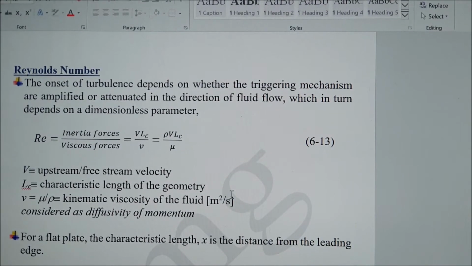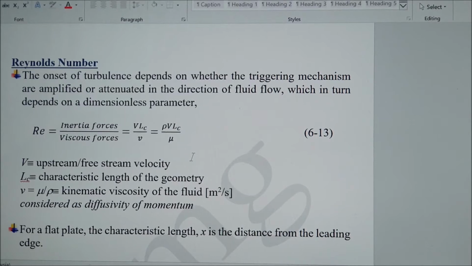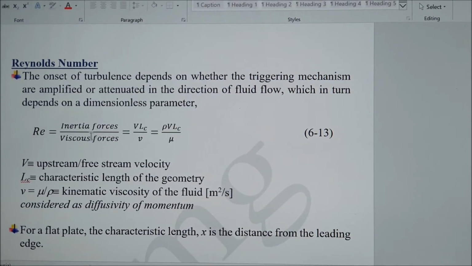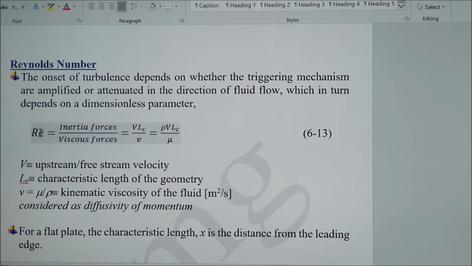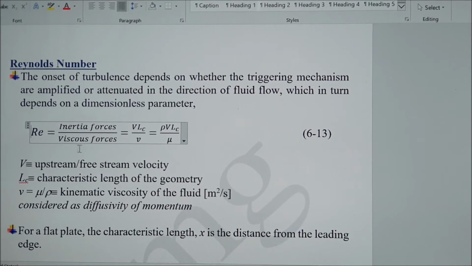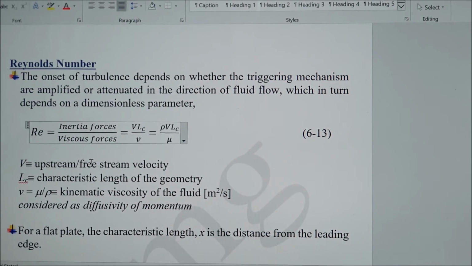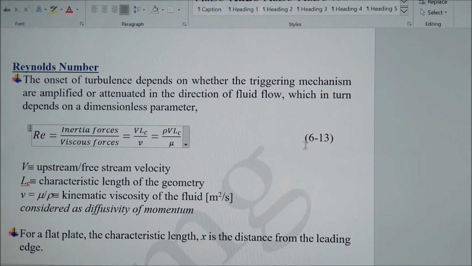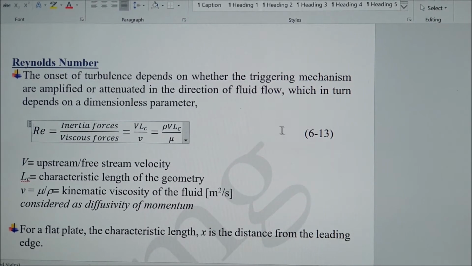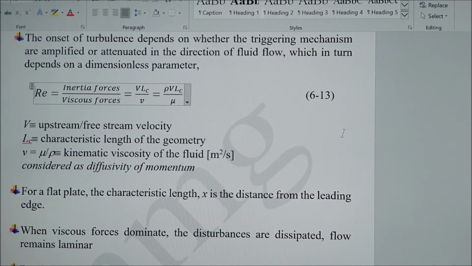Reynolds number. Okay, you're all familiar with Reynolds number, right? So the Reynolds number is actually the ratio of the inertial forces over the viscous forces, which one is more significant in a flow. If the viscous forces are more prominent, then we have a very low Reynolds number. Now, if the inertial forces are much larger, then we have a very large Reynolds number, which in that case generates turbulence faster. So it's a dimensionless parameter. Keep that in mind,